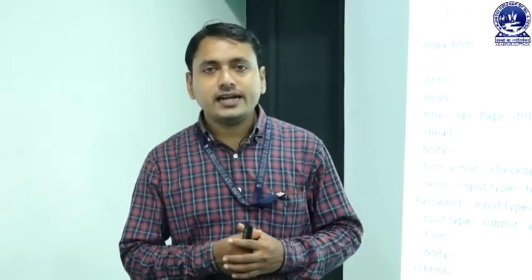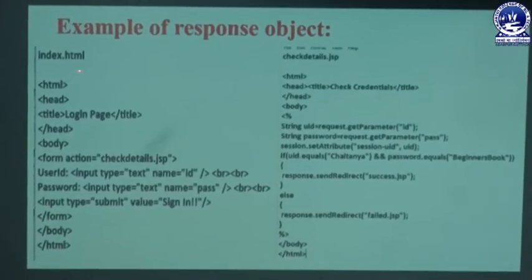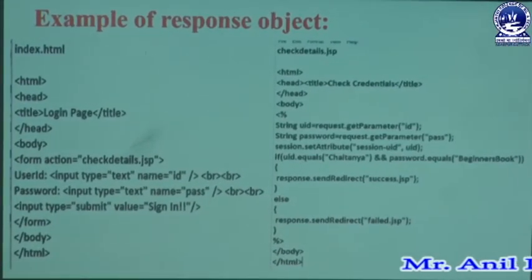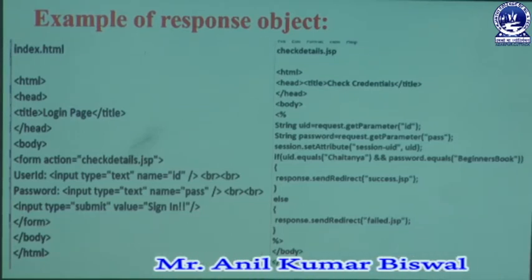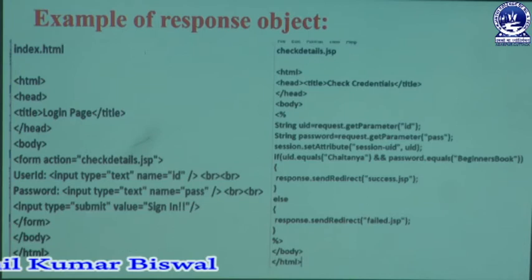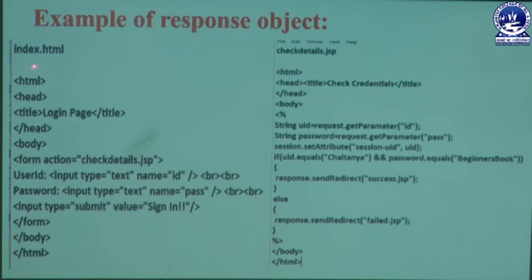Now we can focus on the slide. Here in that example we are taking the help of what is known as a response object. First of all, you create an index.html page, then we are going to create a checkdetails.jsp page. In that page we are writing some code. First of all, we can define the real use of that HTML page. In that HTML page we define a tag named the HTML tag. Then we are writing head, then we are writing a title. In that title we mention some title name, written as login page. Then we close that title, then we close that head section. Then we are writing the body.